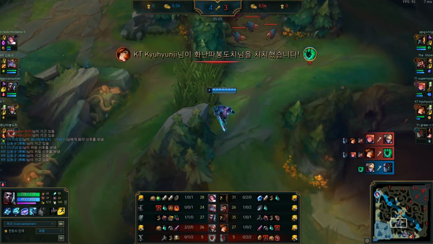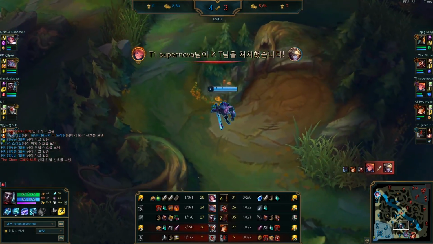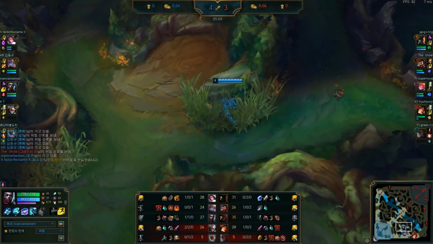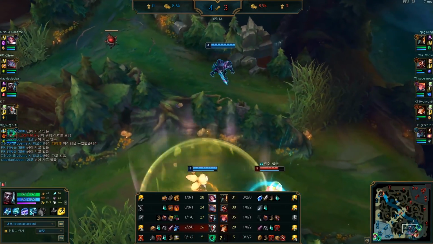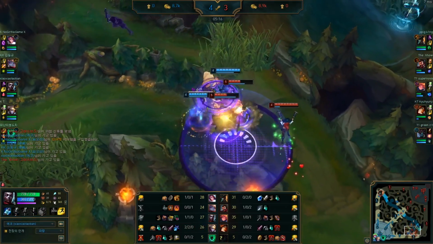And the Zoe grabs a kill. So it's a really good reacting roam by the Zoe. She sees Ekko going top side. She shoves lane, then goes bot side. It's a stock standard answer as this Poppy has...